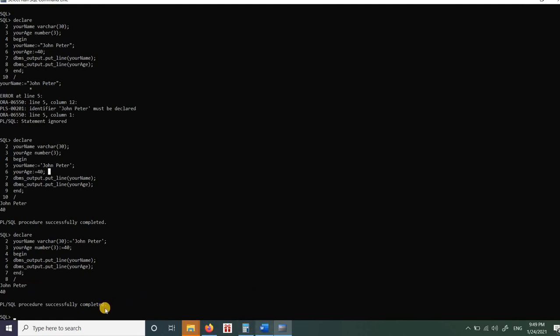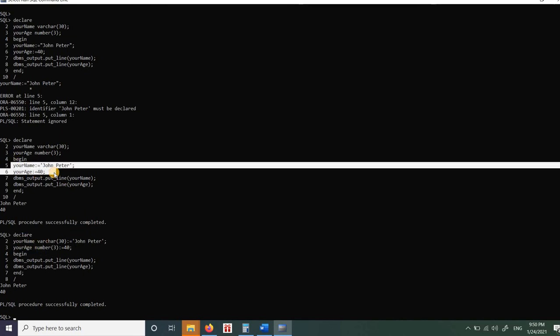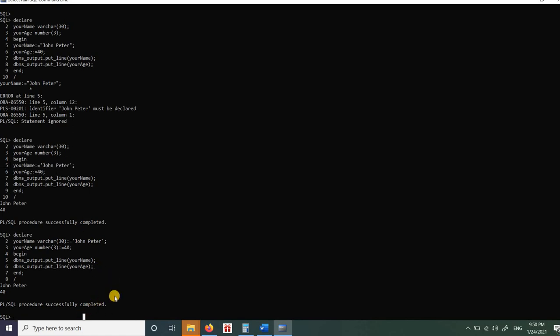So in PL/SQL you can assign the value to the variable in two ways. One is this one, the way we're doing it here, direct assignment. But two, you can even assign the value from your database. You can assign the value from your database. We will see that, but before we see that, we can see when you have a declaration of the variable